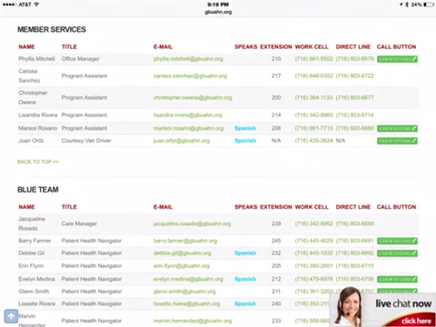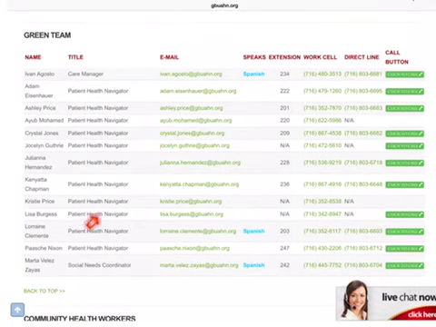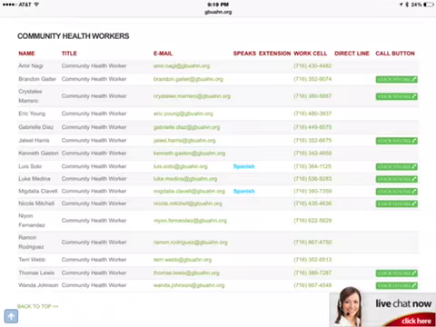Further list of the member services, the blue team, the orange team, the green team, community health workers. Again, it's a nice way so that everyone can communicate. I know there's been a disconnection sometimes between the community health worker and the health navigator. These pieces are going to help, the link's going to help, but we're going to try to really test and